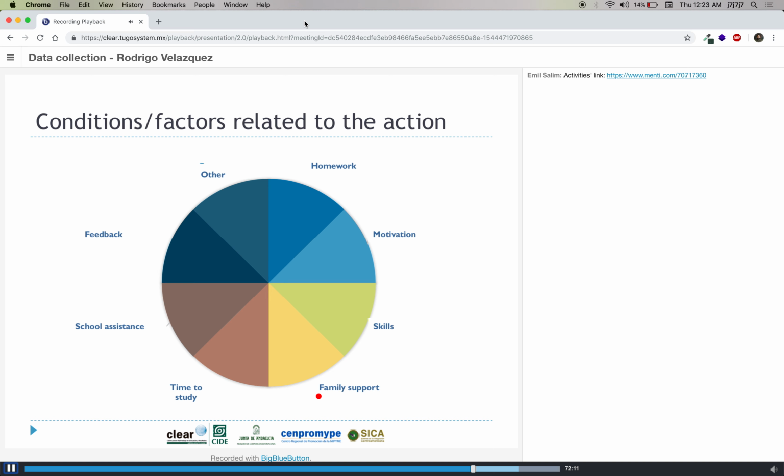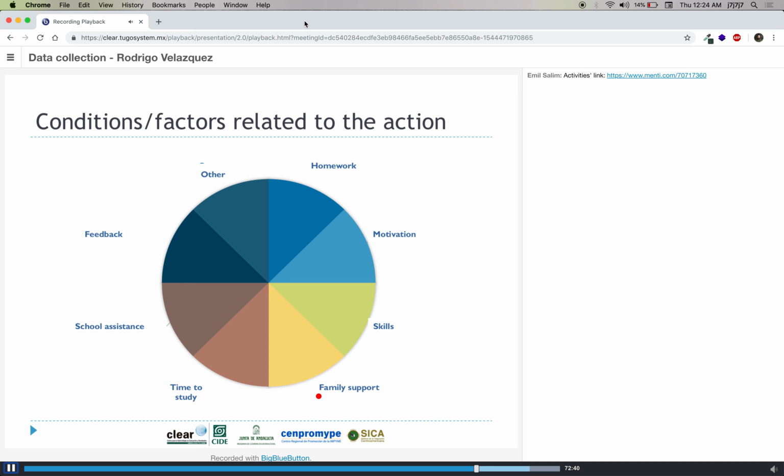They are saying that homework worked in places where students had some motivation to increase their grades. So of course, students had previous skills for learning. They were able to learn some things, and evidence in this case showed that some other tests had these skills. And also there was family support.